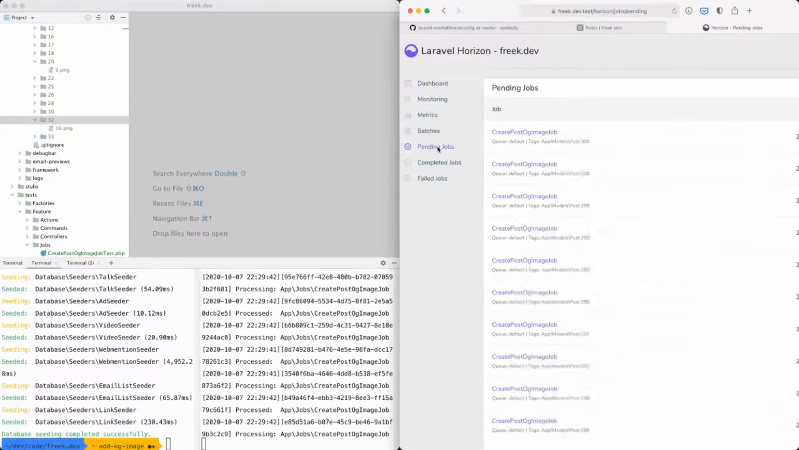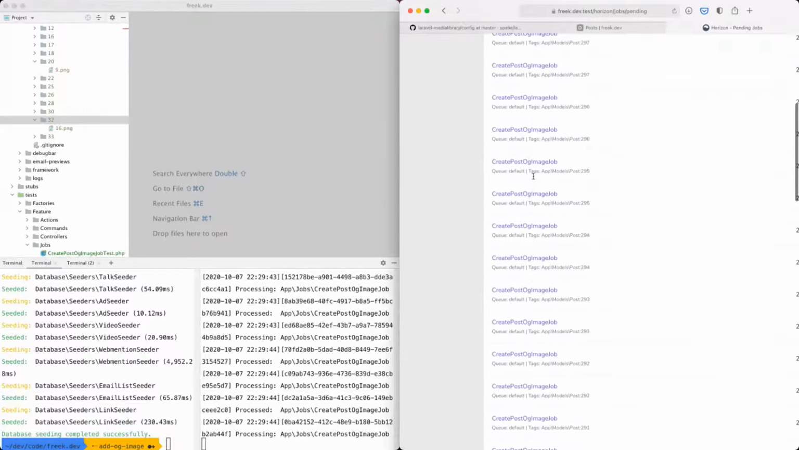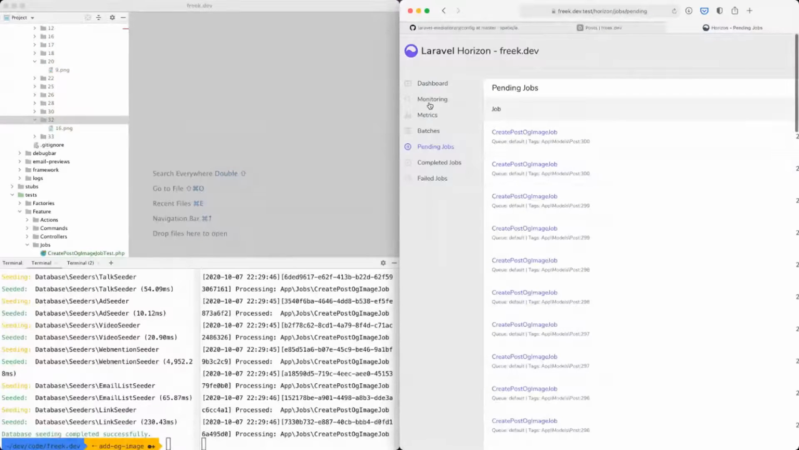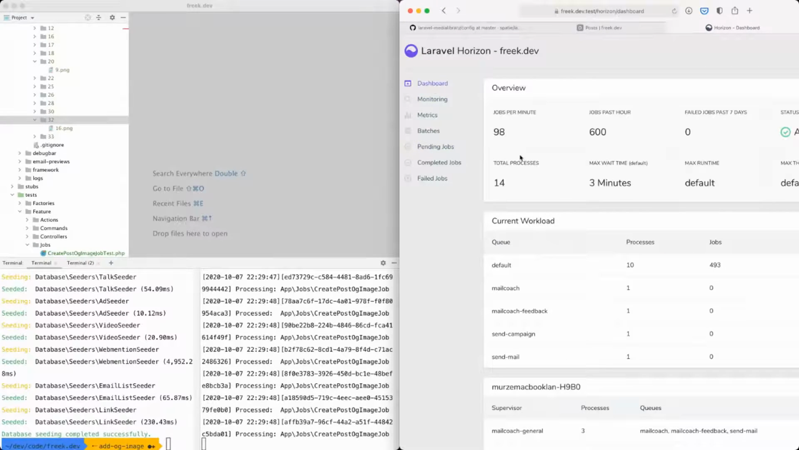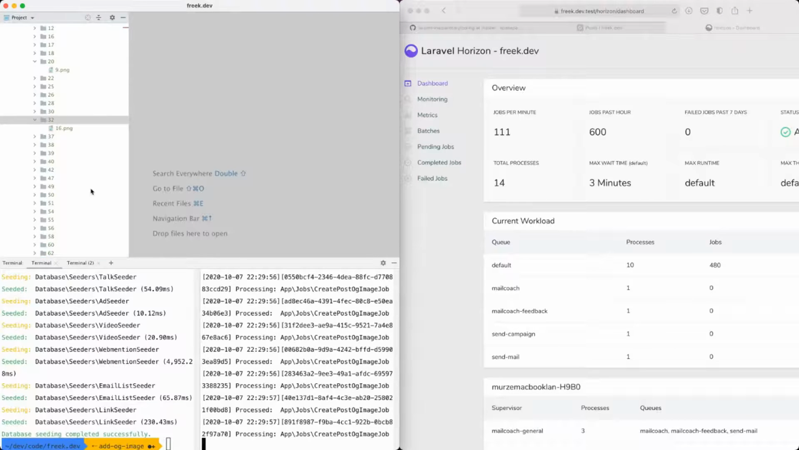I guess we see all the jobs here now. So this is quite nice. Yeah, I guess I see 600 post images. Cool that this just works. But you know,